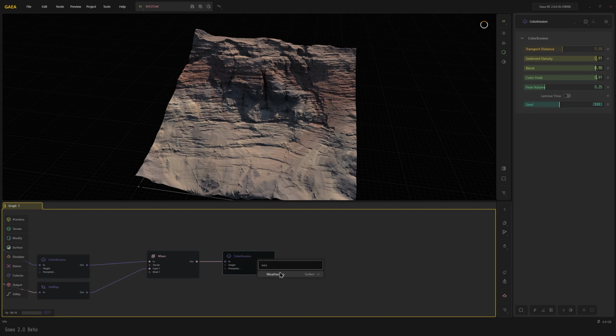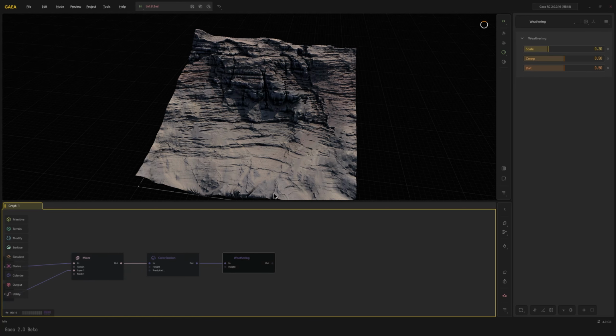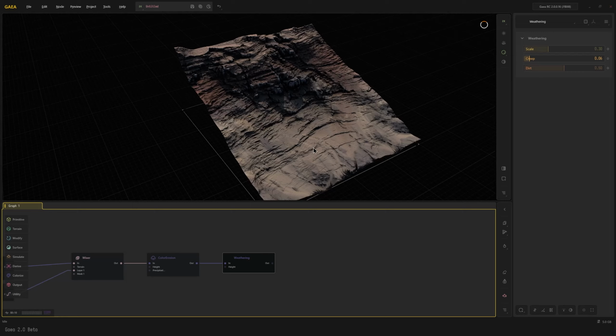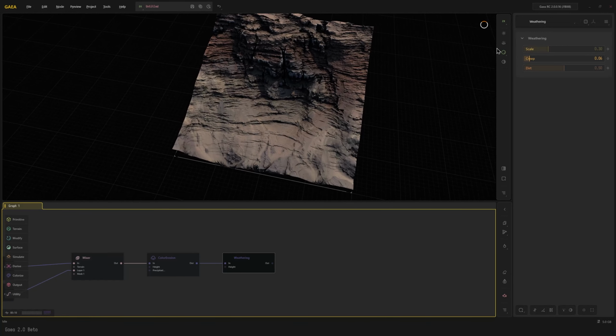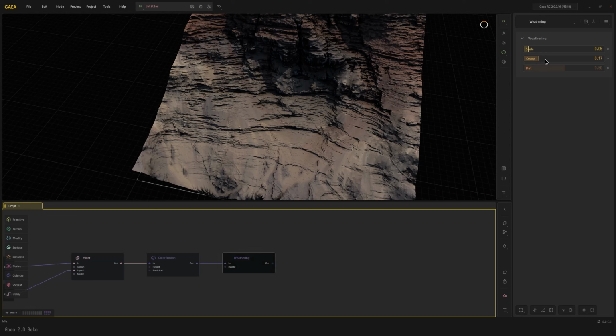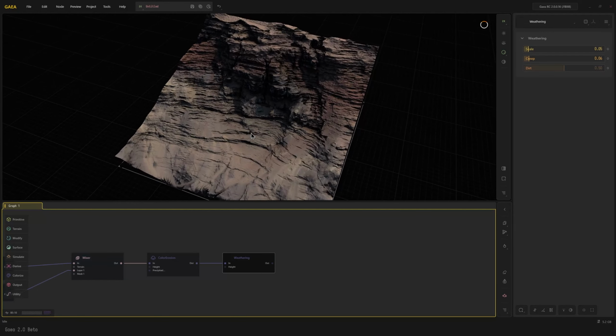I'm going to add a weathering node. So weathering, it's still in beta, so it should be finished pretty soon. But what it does is it adds little weathering to the edges found in all kinds of terrains. So this one, well, I'm going to reduce the creep. And so here you can see it's